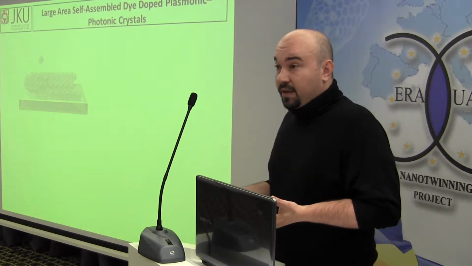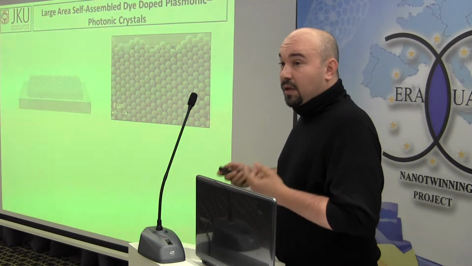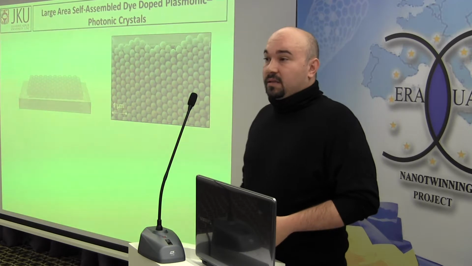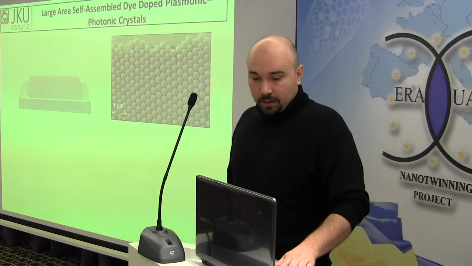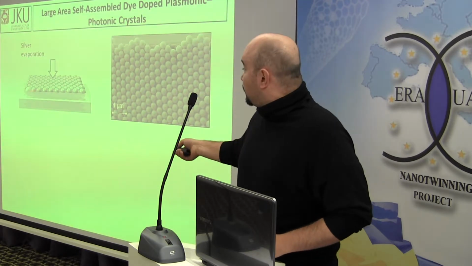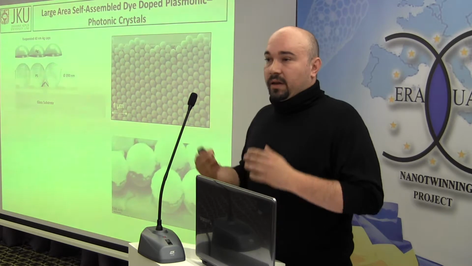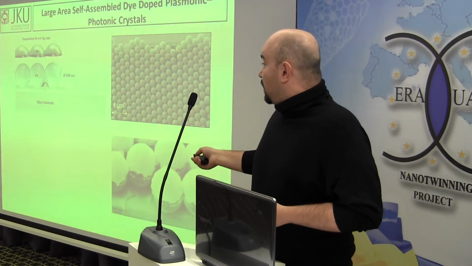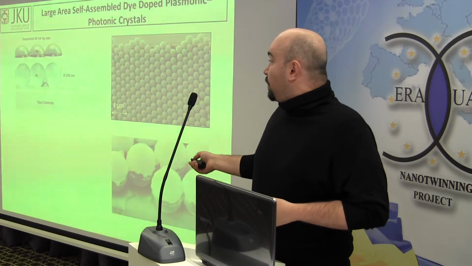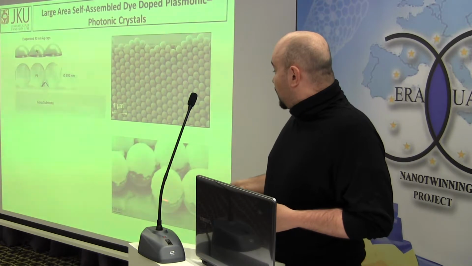We take polystyrene spheres and let them self-assemble on a substrate. After a while, we get a nice hexagonally packed monolayer of the polystyrene spheres. We evaporate silver on top of it, and what we get is our dielectric structure, a photonic plasmonic crystal. So we have polystyrene spheres, 390 nanometer, capped with 40 nanometer silver, and here you can see the SEM